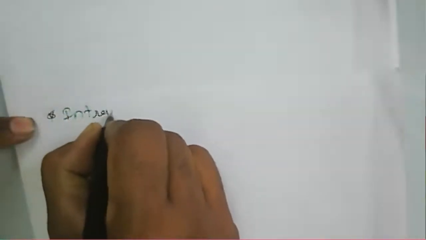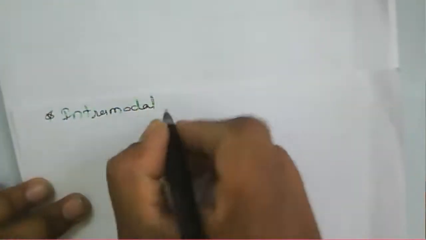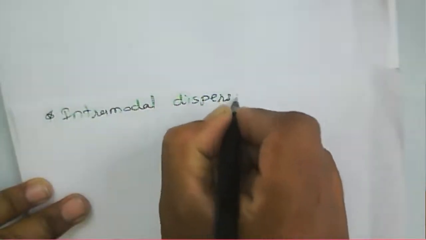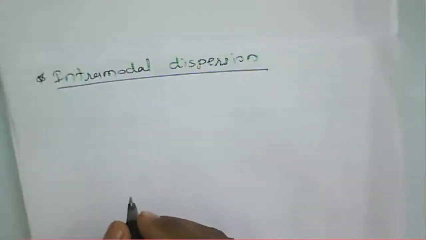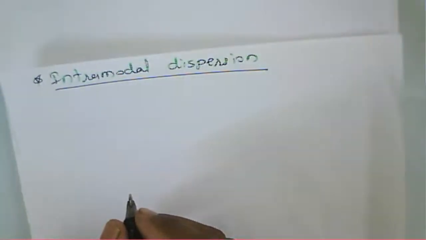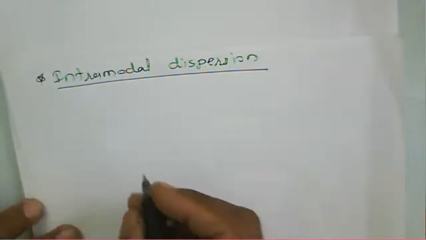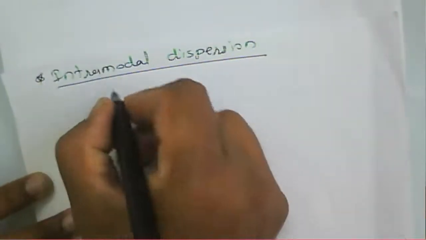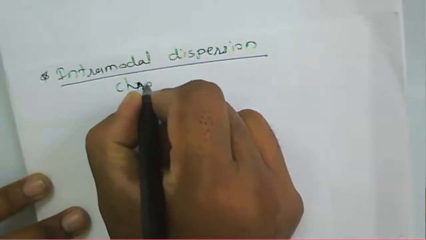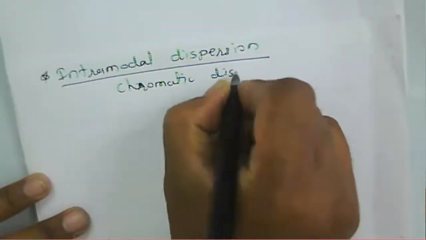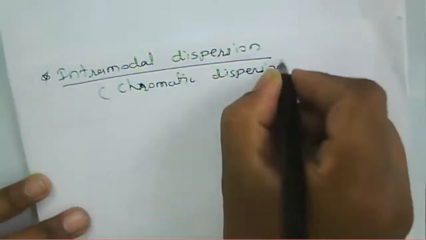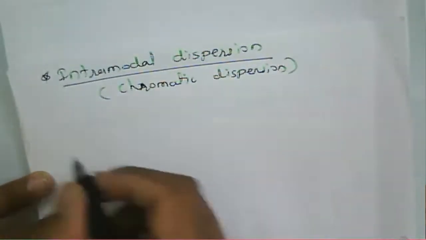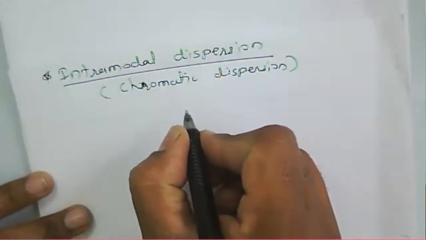Next we consider dispersion here, one by one. Now we talk first about intramodal dispersion. Generally people, and some books, call intramodal dispersion chromatic dispersion. And that particular intramodal dispersion occurs in all types of optical fiber,